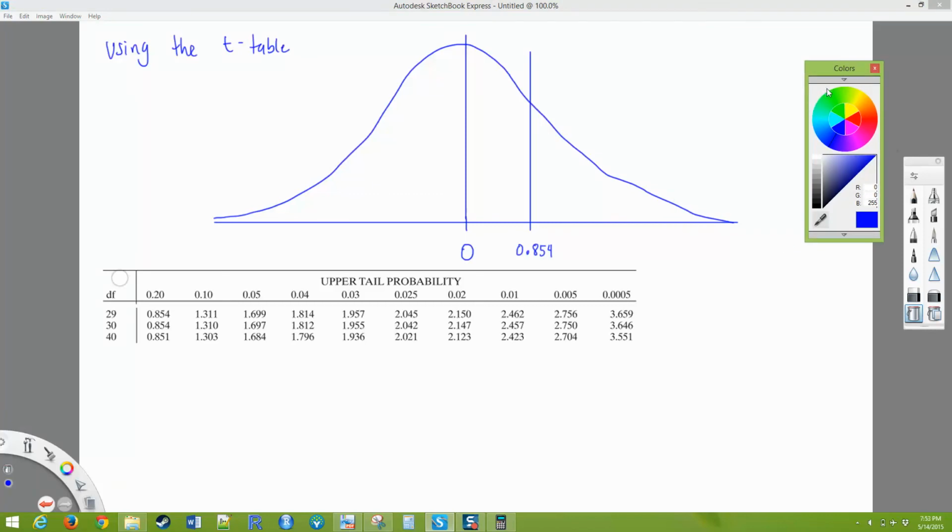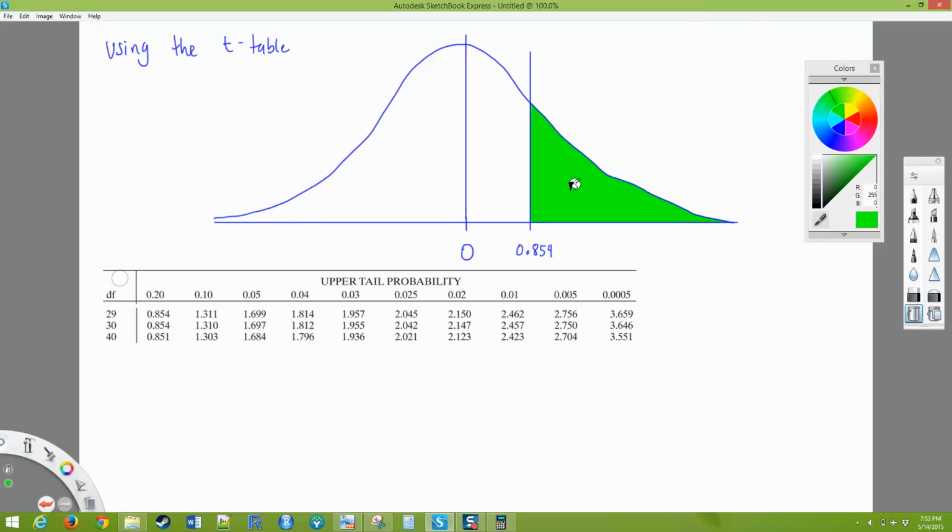So if I shade everything to the right of 0.854, the amount that I have shaded, this shaded area, is 20%. So 0.20. This is how much I have shaded. Now, if I go further away from 0, and I go to 1.310, out to here, so further away from 0, 1.310, and I shade everything to the right there, then the amount that I've shaded now is